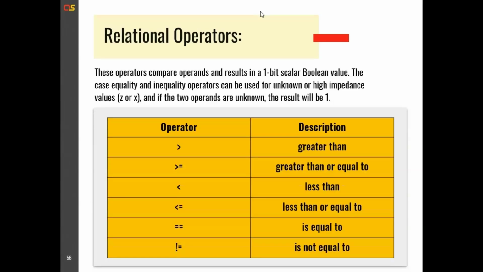Coming to relational operators in SystemVerilog, those are used to compare two values. They evaluate the relationship between the operands and return a Boolean result. Here are the relational operators commonly used: equality checks if two operands are equal, inequality checks if two operands are not equal, less than checks if the left operand is less than the right operand,